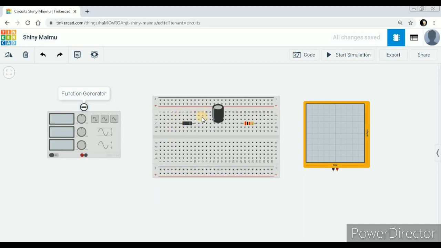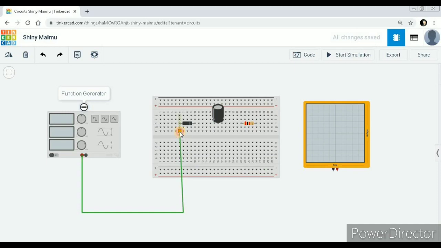So you just click on the positive option, that is a button here that is provided in your function generator, and just you click the mouse and drag down. So there will be a line coming, right? This line is nothing but your wire, and you can make this wire connection. You can connect the wire to this breadboard, to the anode of your PN junction diode, right? So just click on this, right?